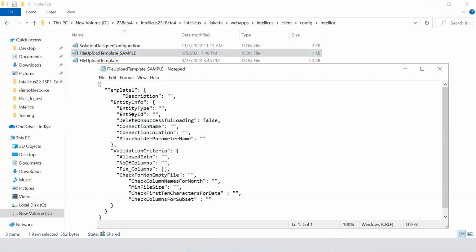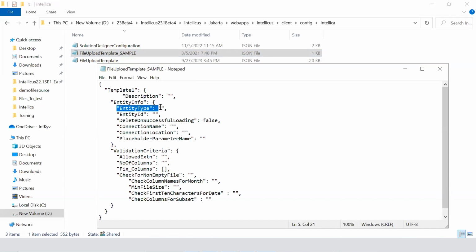So this is a JSON file. Here we need to name the template which the data administrator needs to design. Then the description of what this template is going to perform,